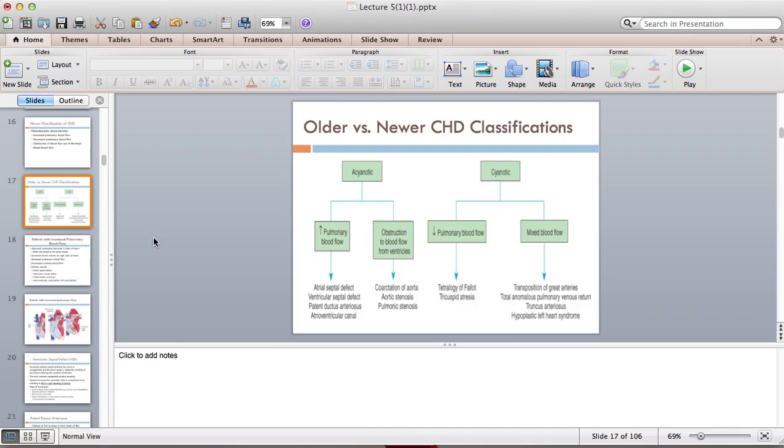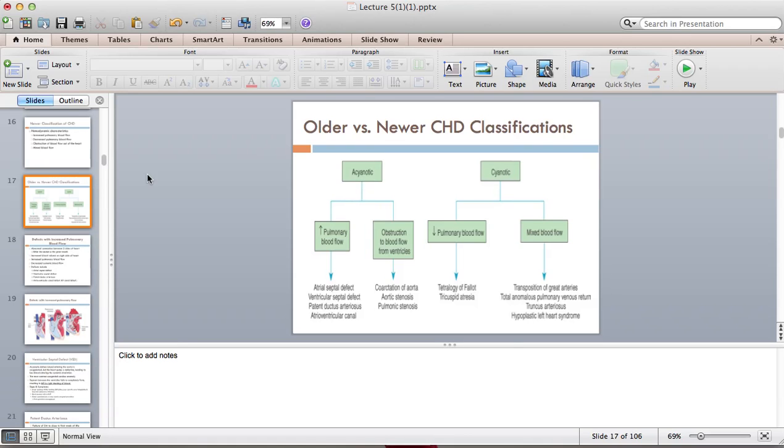Sometimes you have mixed blood flow, where blood goes in any direction. With that, you have a mixture of blood freely, blood that's supposed to go from left to right that shouldn't mix up initially. Everything is just mixing up, so it's like sliding flow. So now you have transposition of the great arteries,